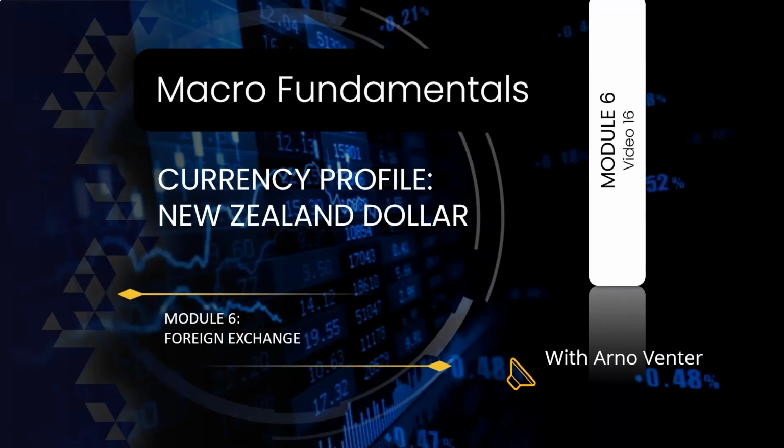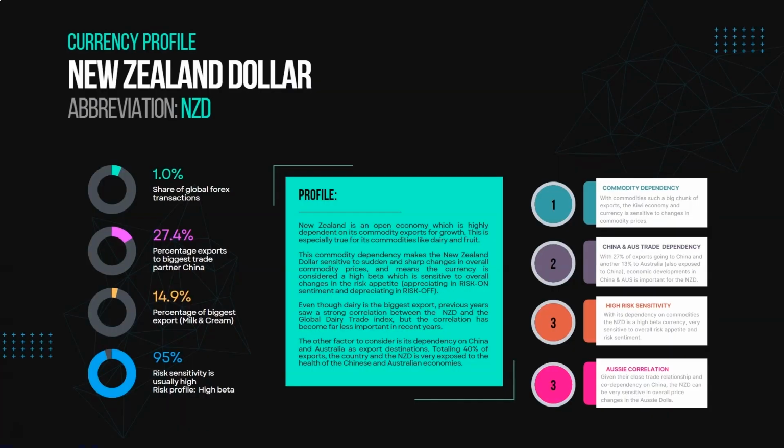In this video, we'll discuss the currency profile for the New Zealand dollar. New Zealand, just like Canada and Australia, is an open economy, and that means that it's highly dependent on its commodity exports for growth, especially exports of dairy and fruit. And just like the Aussie and the Canadian dollar, this commodity dependency makes the Kiwi dollar sensitive to sudden and sharp changes in overall commodity prices, especially that of dairy and fruit, and means the currency is considered a high